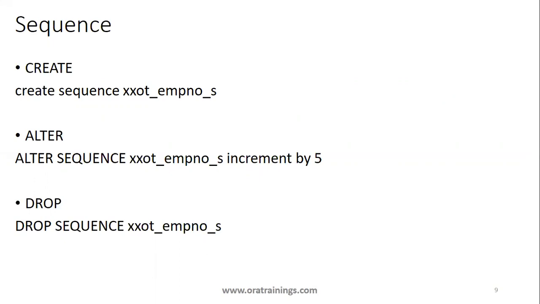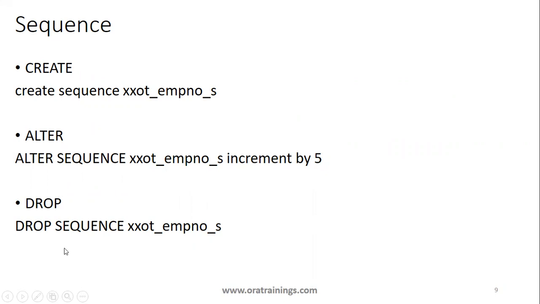In those kinds of scenarios, you can use the alter functionality to change some of the properties. Here I'm not mentioning all the properties which alter supports, but I just provided some set of properties which alter supports on a particular object type. In this scenario I mentioned alter sequence followed by the sequence name and increment by 5. By default it increments by 1, but when I alter the sequence like this, it will increment by 5.